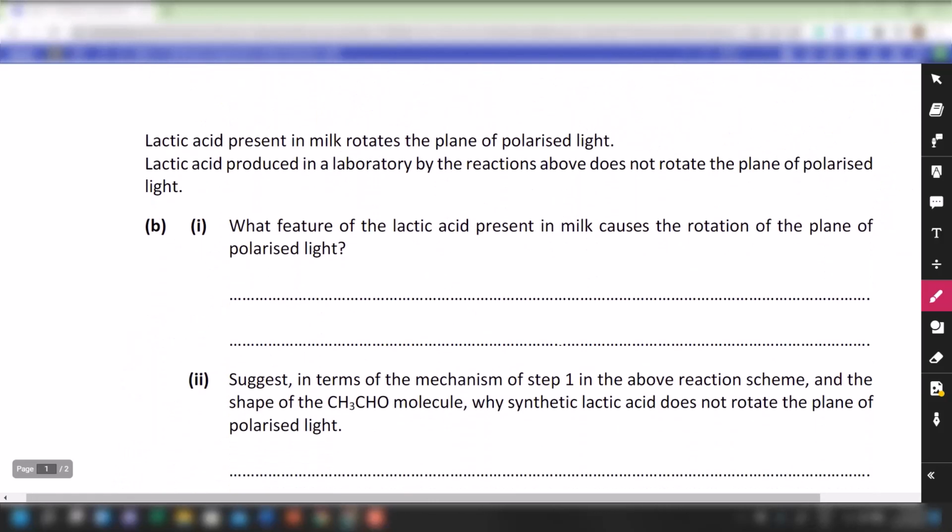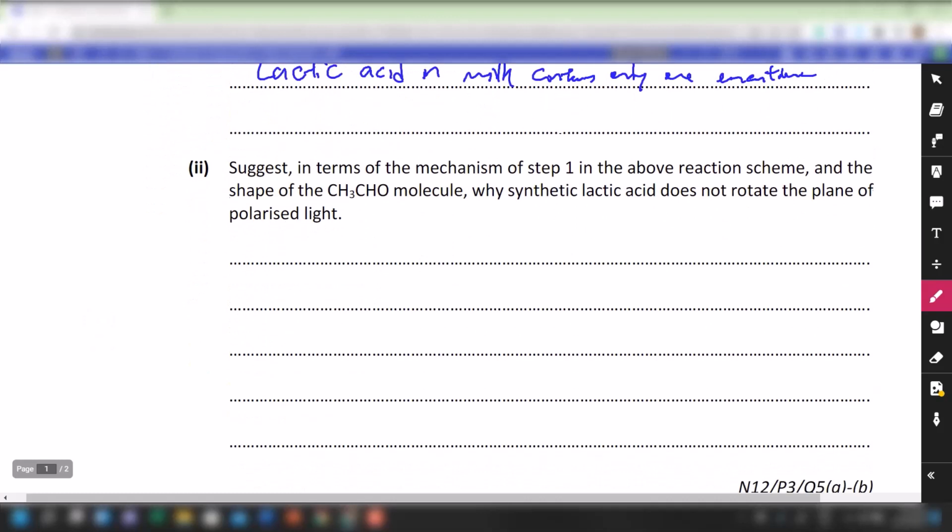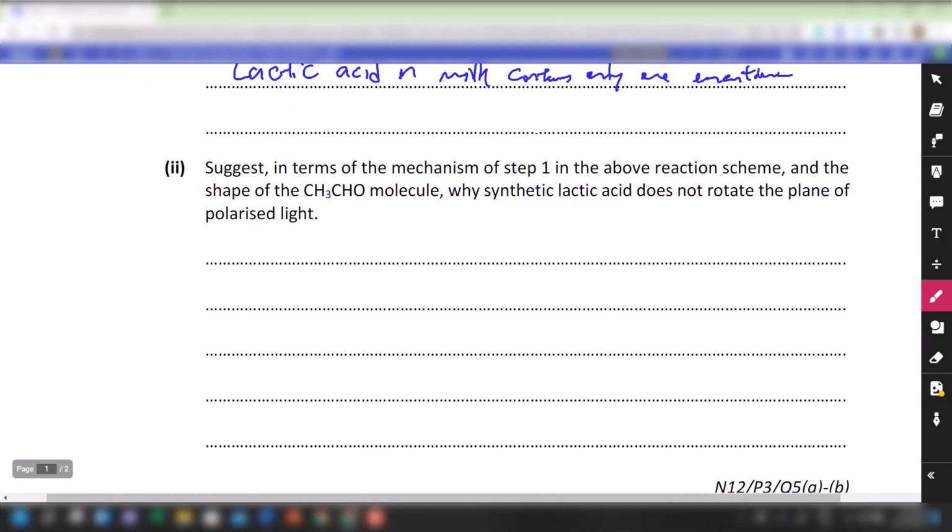Okay, so for the lactic acid present in milk, we can safely conclude that it contains only one enantiomer out of the 2, of course. However, the one you produce in the lab using the above method, you will notice that in